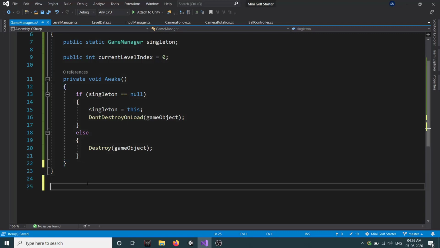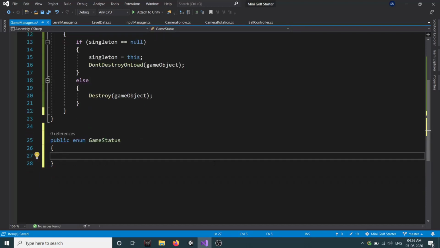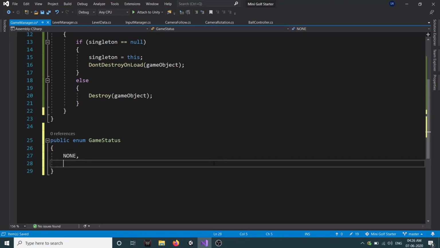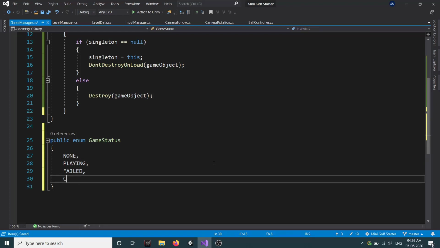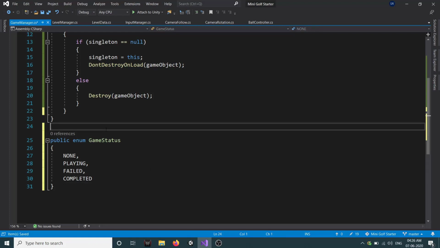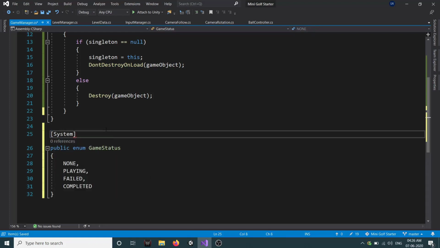And we will create a new enum, public enum GameStatus. Our game can be in None mode, it can be in Playing mode, it can be in Failed mode, or it can be in Complete mode. Okay, and we will make it System.Serializable so that we can access this enum from the inspector.